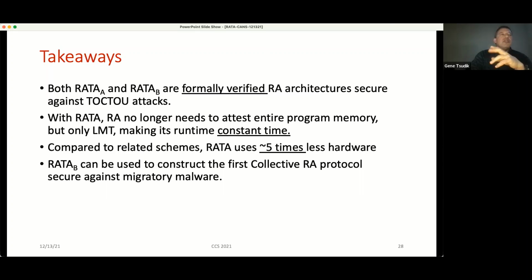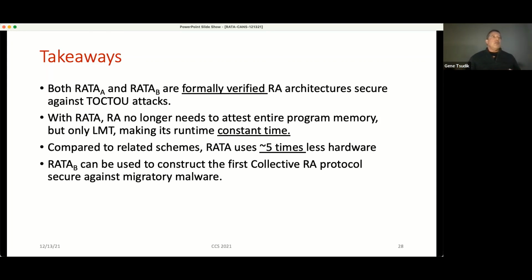And it can also be used as a building block to construct what we in this topic call collective remote attestation protocols. This is essentially what happens when you have a multitude of identical devices. So think of a factory floor or a large office building, where you have a large number of identical devices, like smart light bulbs or smart door locks, but there may be hundreds or thousands of those devices, and they all need to be attested at some point. And if you attest them one by one, that's a lot of bandwidth and a lot of delay and a lot of